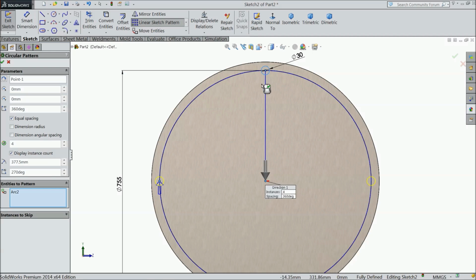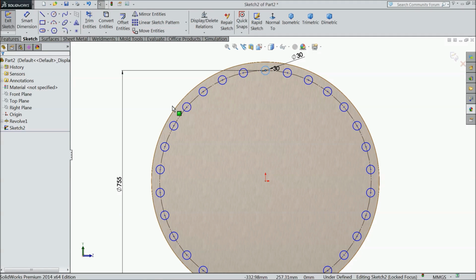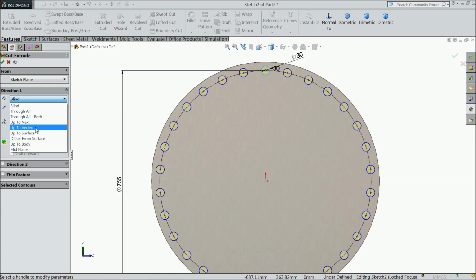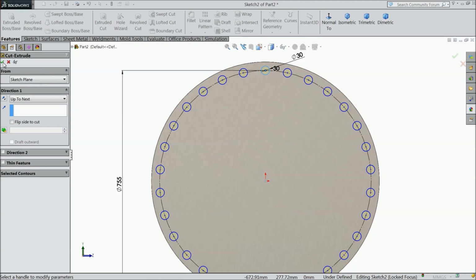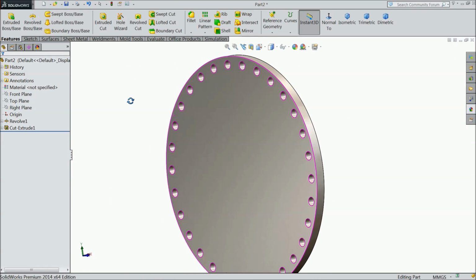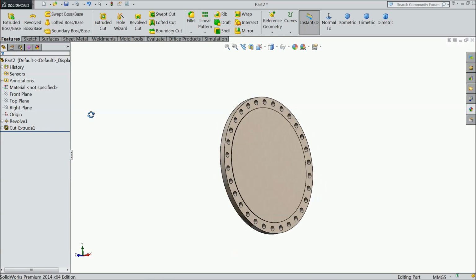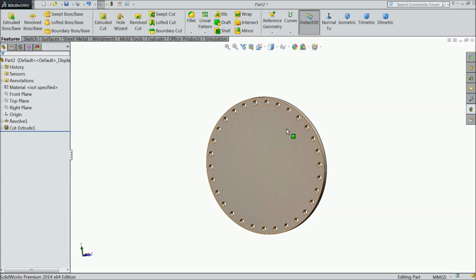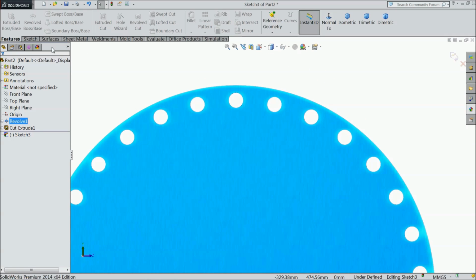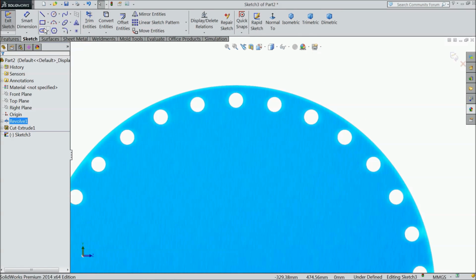Now choose here circular pattern. Select this circle and draw up to 30 holes. Okay. Now select extruded cut and choose up to next. Okay. Now see the bolt hole created. This is the hole for bolt. Now again choose the same surface, sketch, and here we want to create some,